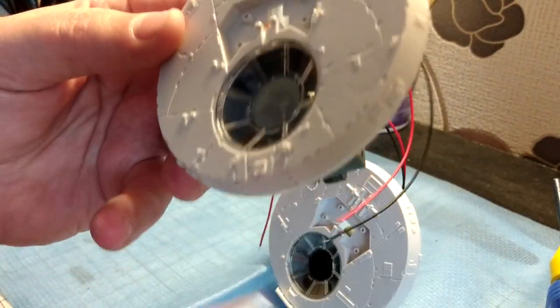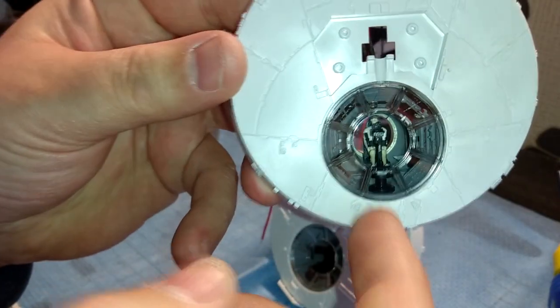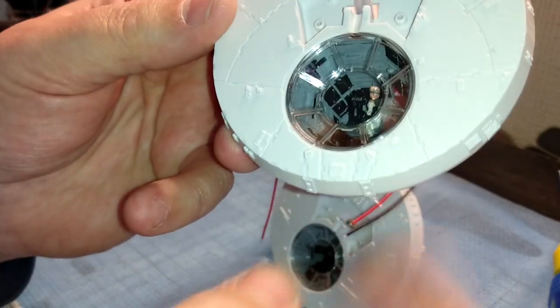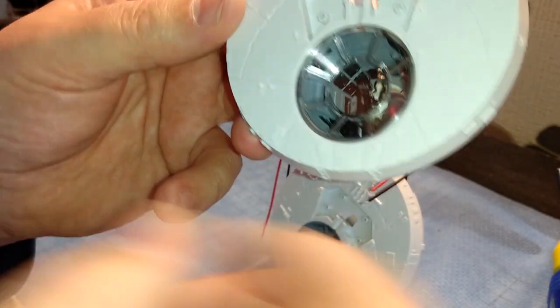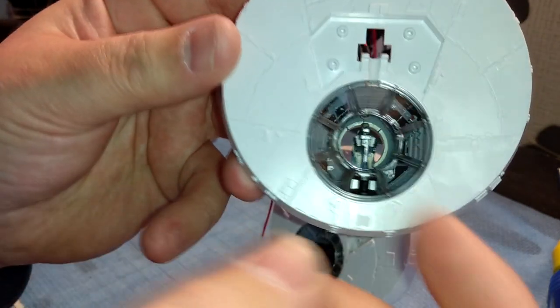So then what I've done after that, I turn the flash back on, is I'm using the clear parts because I don't want any dust going in there, because if dust gets in there, it'll go through the hole at the back and it'll just fill. You know, over the years, the dust will get inside the Falcon. I don't want that to happen. So I've put the clear part in. So what you do,